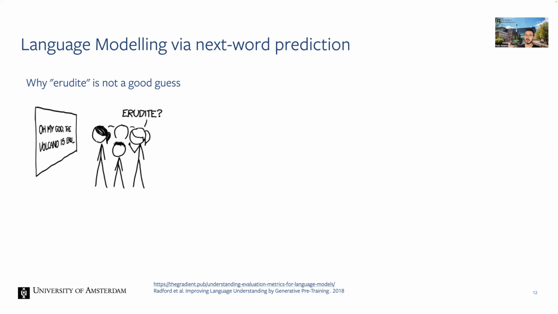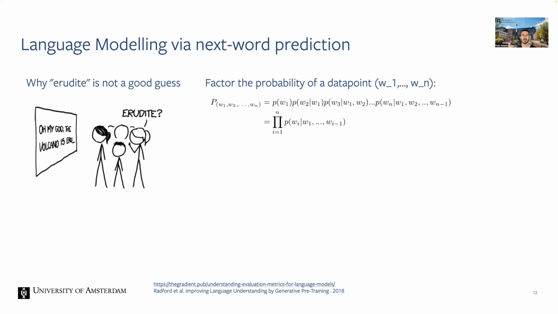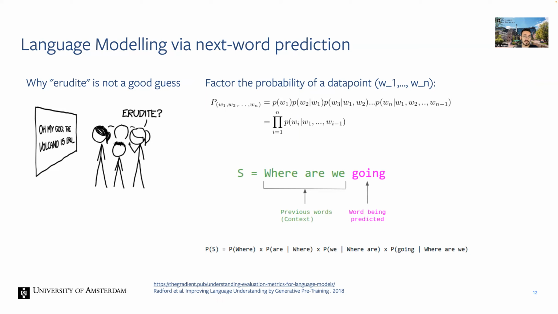And how can we now quantify this? Well, we say, okay, the probability of a data point, in this case a whole sentence with words 1 to n, can be decomposed as the probability of word 1 times the probability of word 2 given word 1, and then times the probability of word 3 given words 1 and 2, and so on and so forth. And you can obviously write that in a bit nicer way by using the product formulation. And so, as I've said, if we have this context, the previous words, and we want to calculate the probability of the next word, all we need to do is combine all of these probabilities.